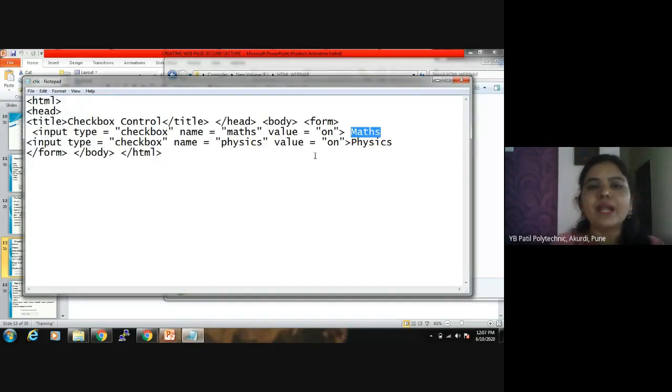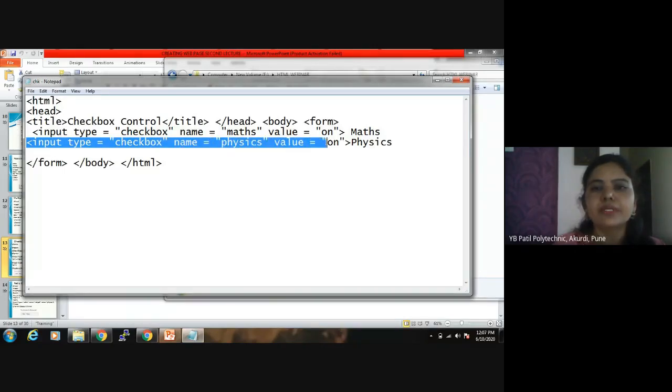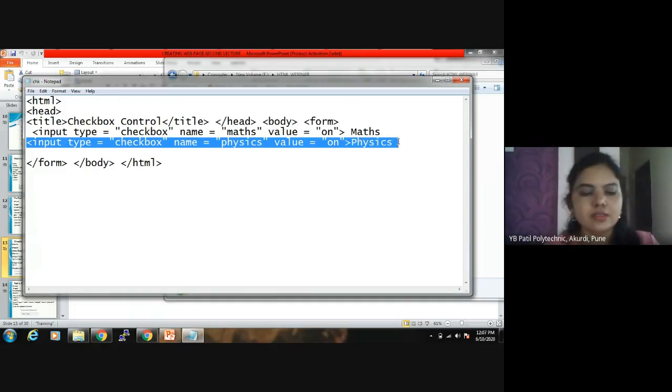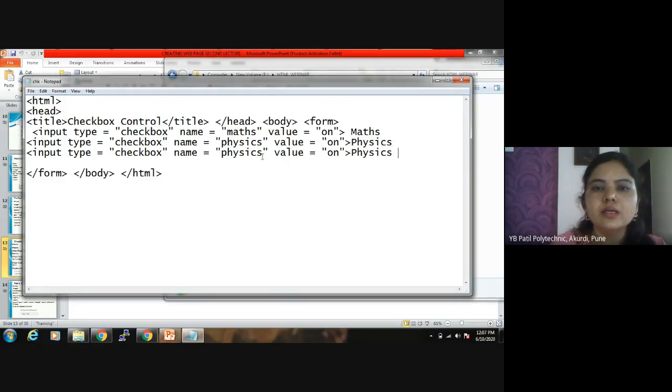if you want to add one more, your favorite subject, according to me, I am going to add my favorite subject. I am a computer teacher, that's why I am going to add computer here. Computer. Now what we expect here in the output: 3 checkboxes, maths, physics and computer.